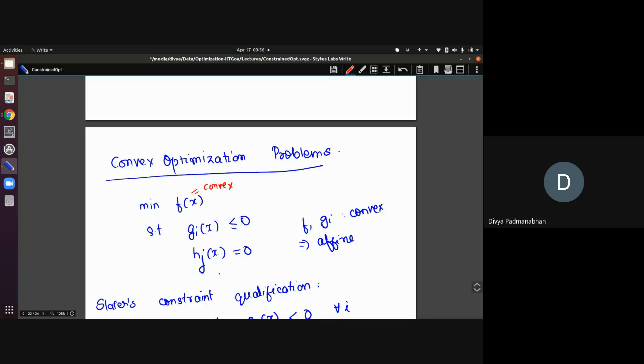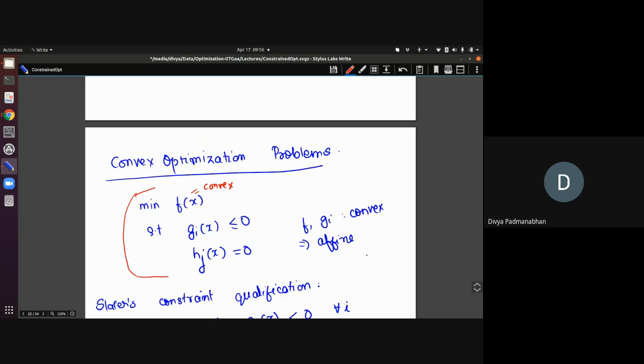This region will not be a convex region. So the only way that this becomes a convex optimization problem is when h_j(x) is equal to 0 and the h_j's are all affine. Okay, so this is something you might have seen in the assignment, right? When you were asked to find the values of some